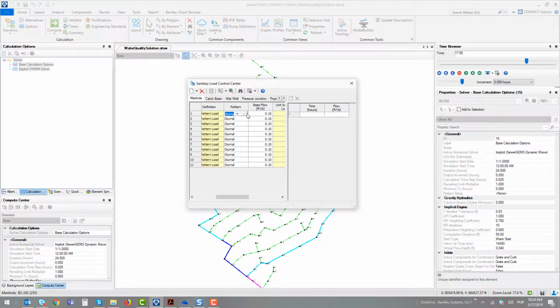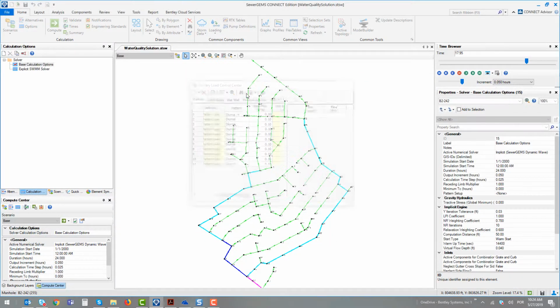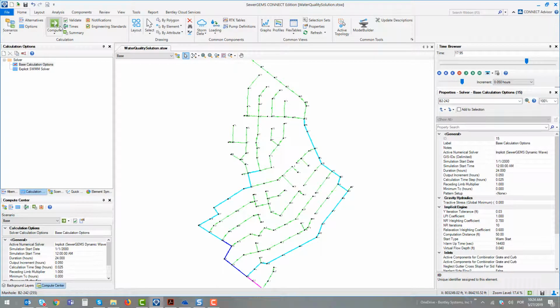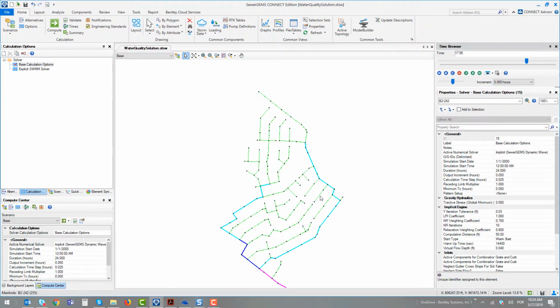Loadings with pattern curves. So running this scenario, we can see that we have a dynamic simulation